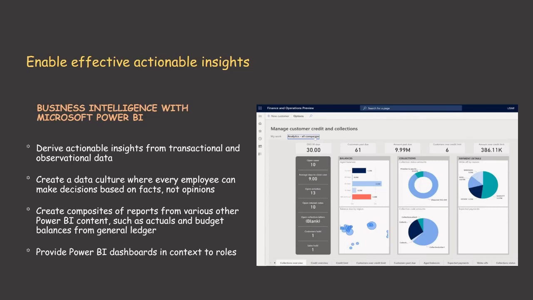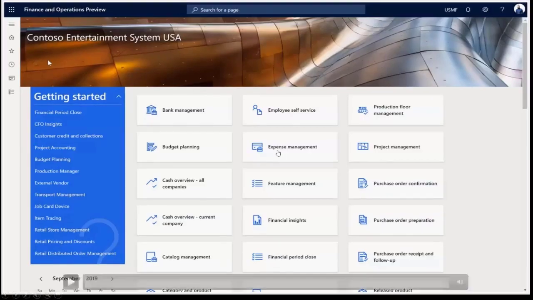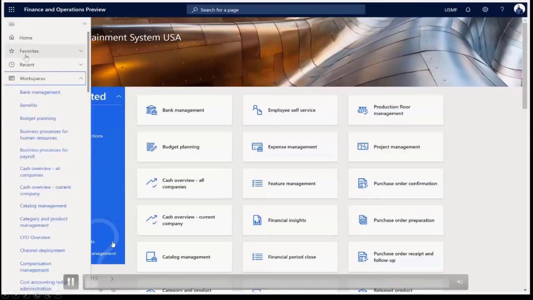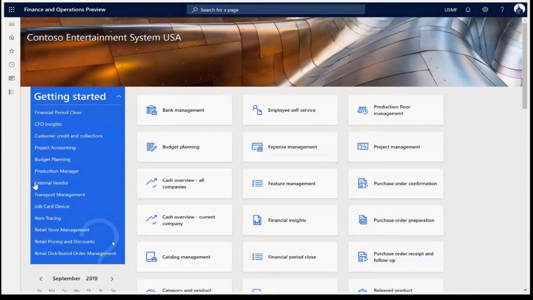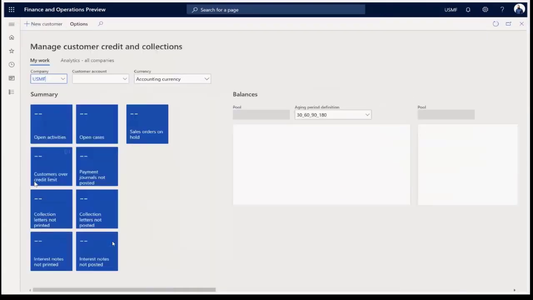Okay, then let's move into our first demo. So let's look at these examples. So this is the FNO, finance and operations. These are the workspaces. So you have different kinds of workspaces, cost administration. In this case, it will be manage customer credit and collection. So if you see that this is the